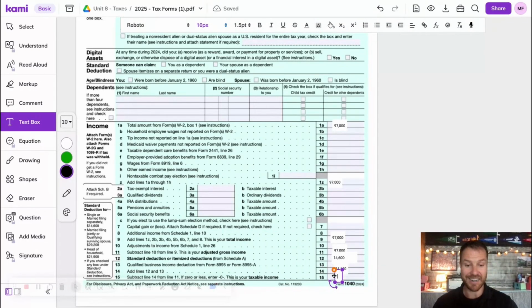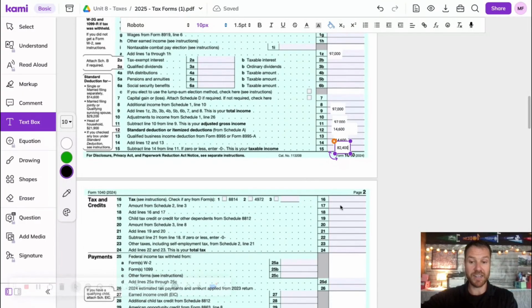And so when I take 97,000, I'm going to cheat a little bit and use my calculator because I'm recording and don't want to fumble in front of you folks. 97,000 minus 14,600 is $82,400 of taxable income. Now that I have that $82,400 of taxable income, I would then take that information, go